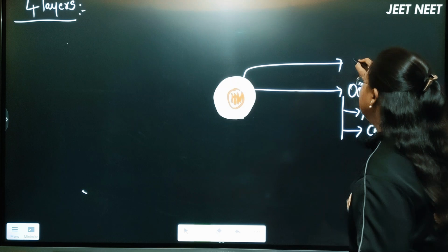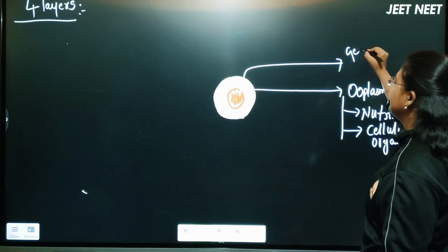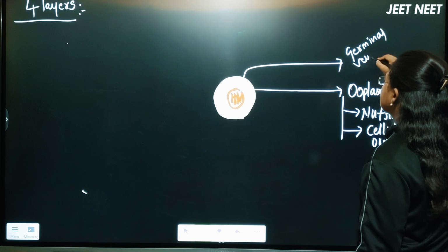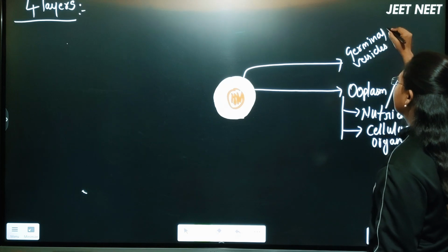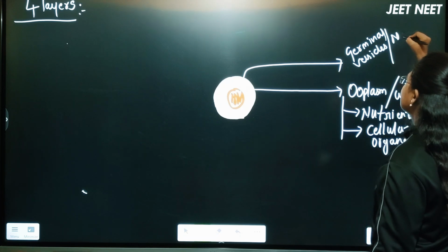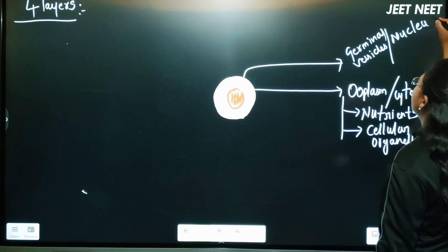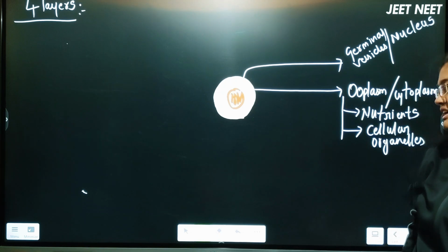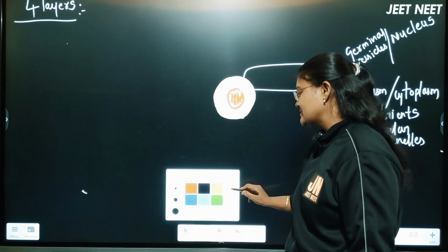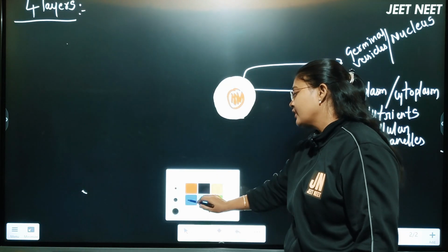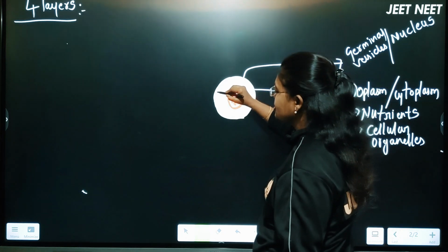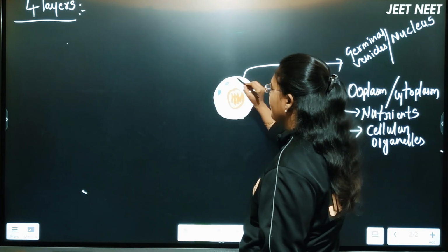This genetic material, the word for this is germinal vesicle. In the sense, the nucleus of the ovum, we will use the word germinal vesicle. And along with this, inside this cytoplasm, there will be some structures present here, which are